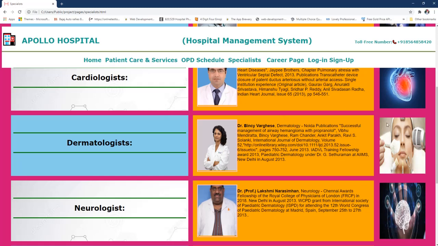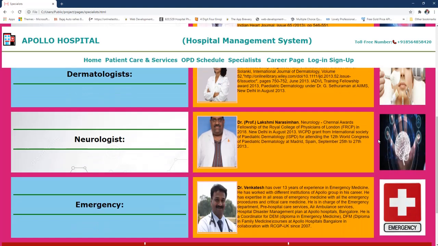This is because of the CSS property called classes. They allow us to make every entity similar to each other. Now let's go to the career page.